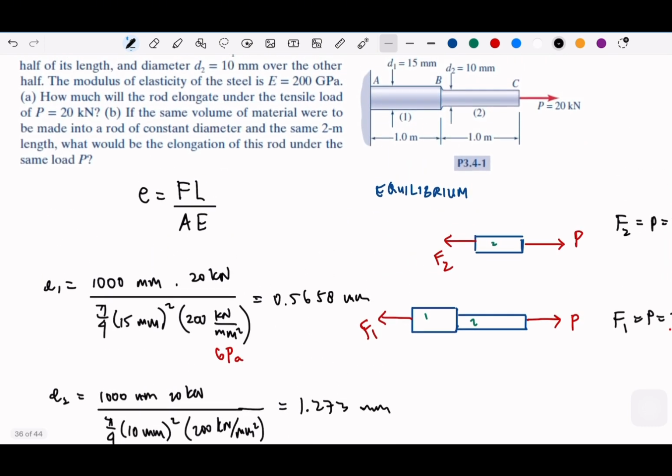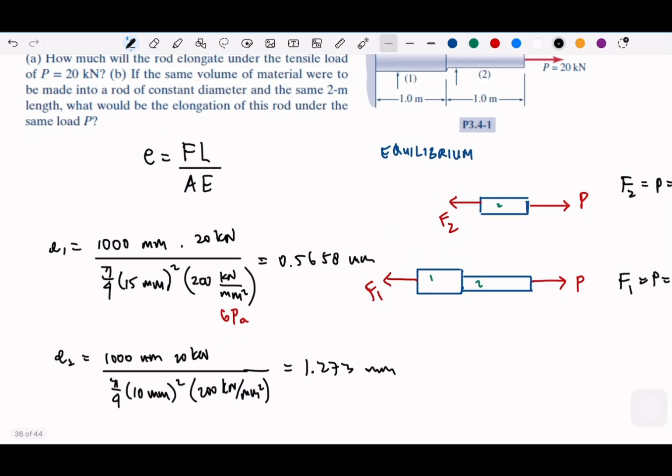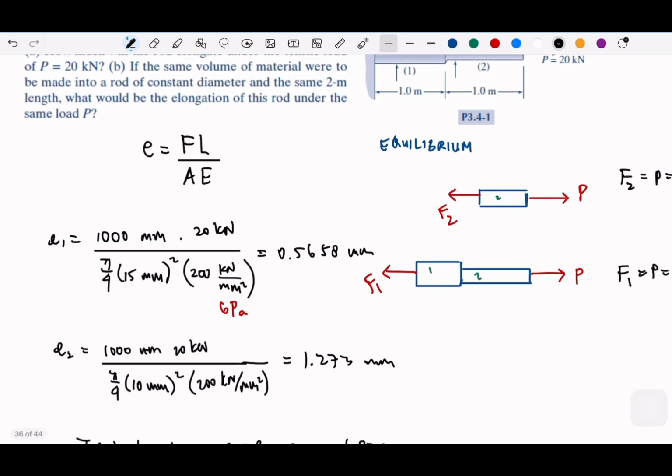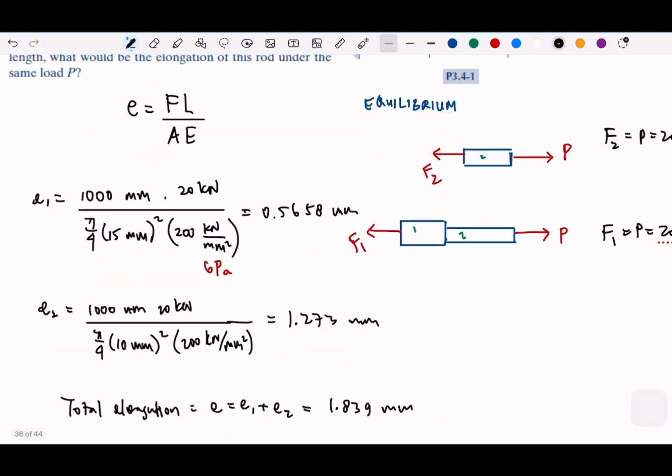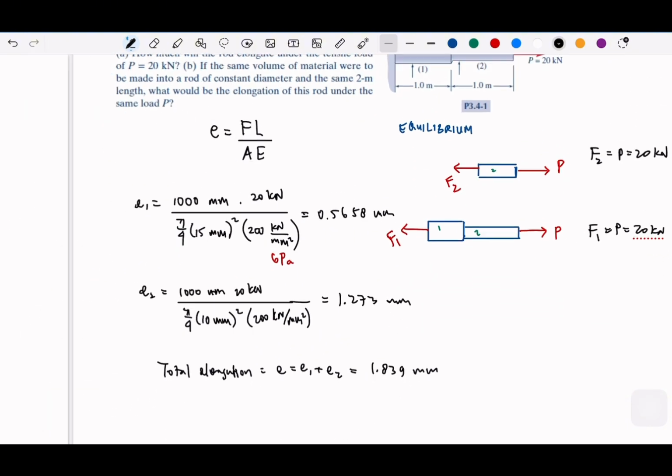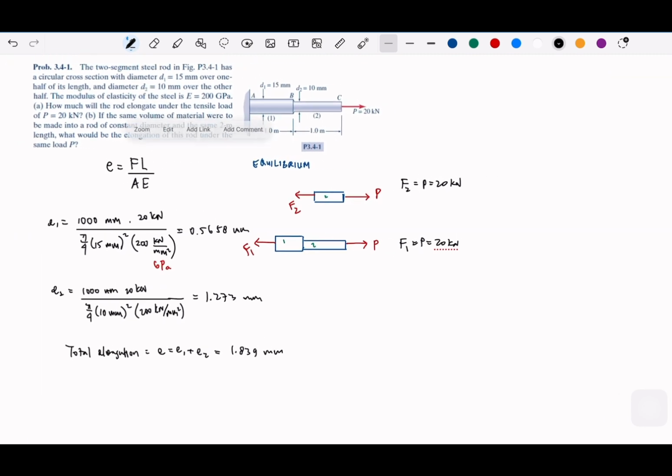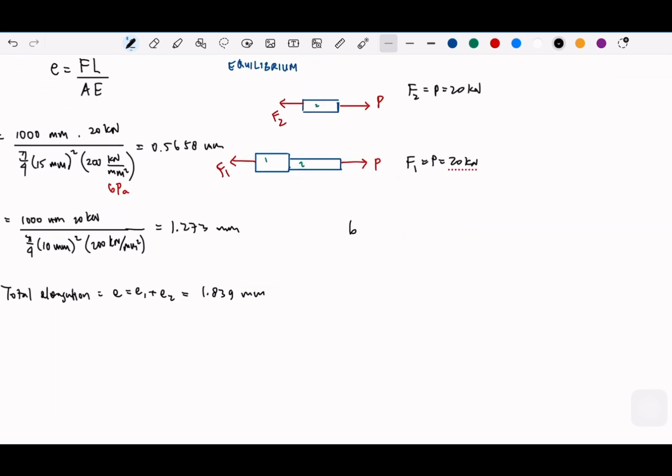So the second question asks: if the same volume of material were to be made into a rod of constant diameter, we need to make a new rod which has the constant diameter and the same length. Oh no, the question is asking the elongation of this rod. So this is for number A. For number B, it should be the same construction. So now it becomes L1 plus L2,